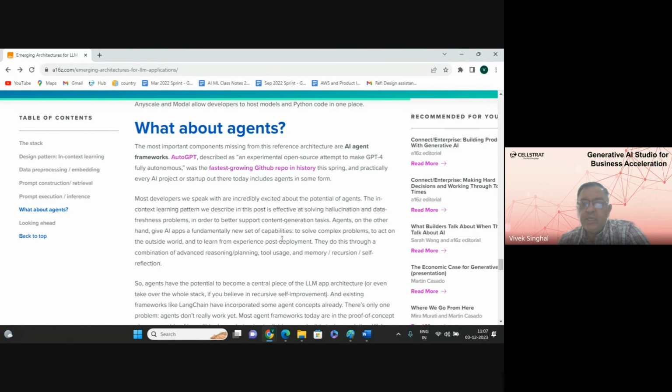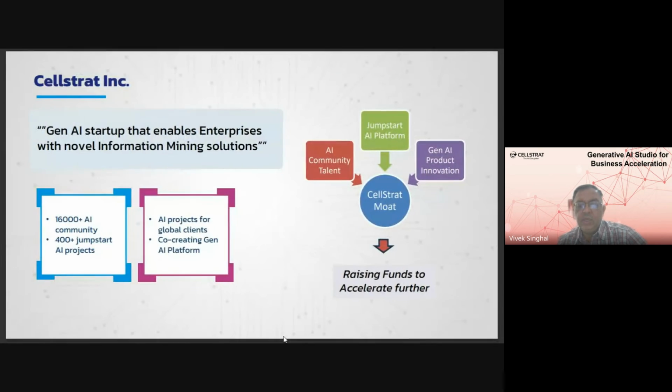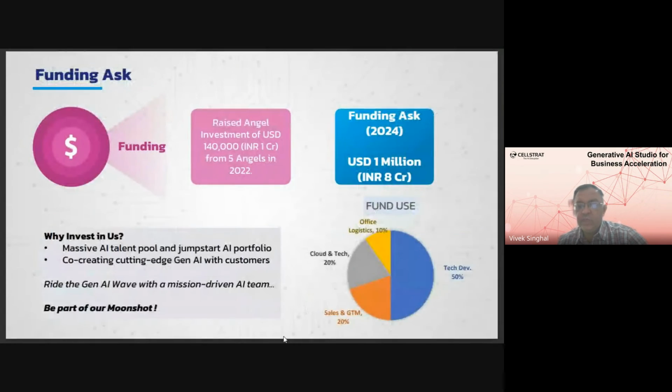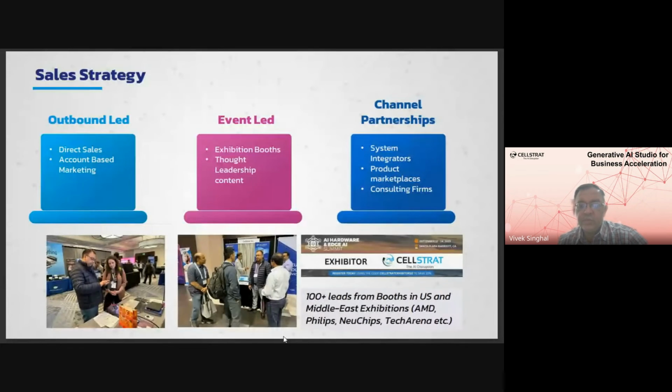So I attended two major events. I had a booth, right? I had a booth in the Bay Area, last in September, in fact. You can see some of these photographs. I was running a booth. This is me here. I was running a booth in Santa Clara at the AI Hardware Summit as well as